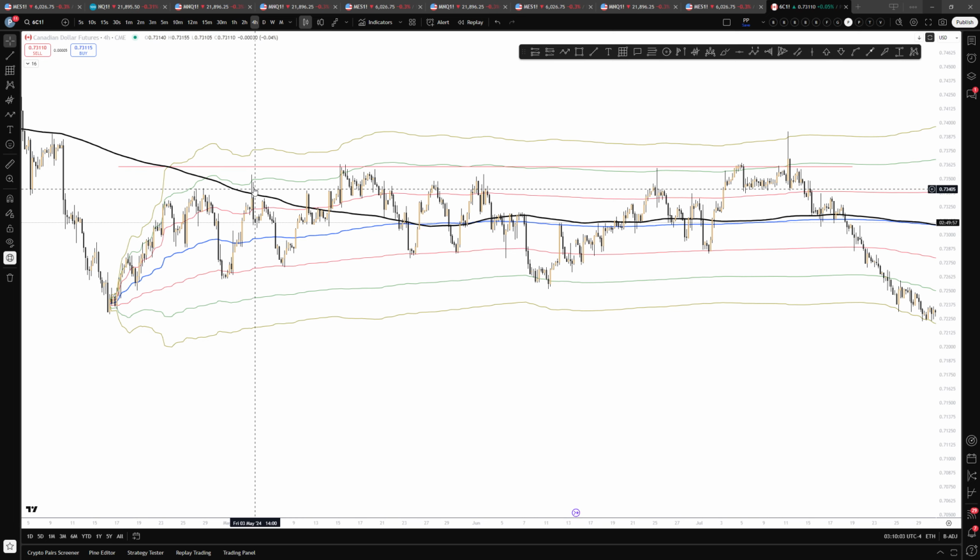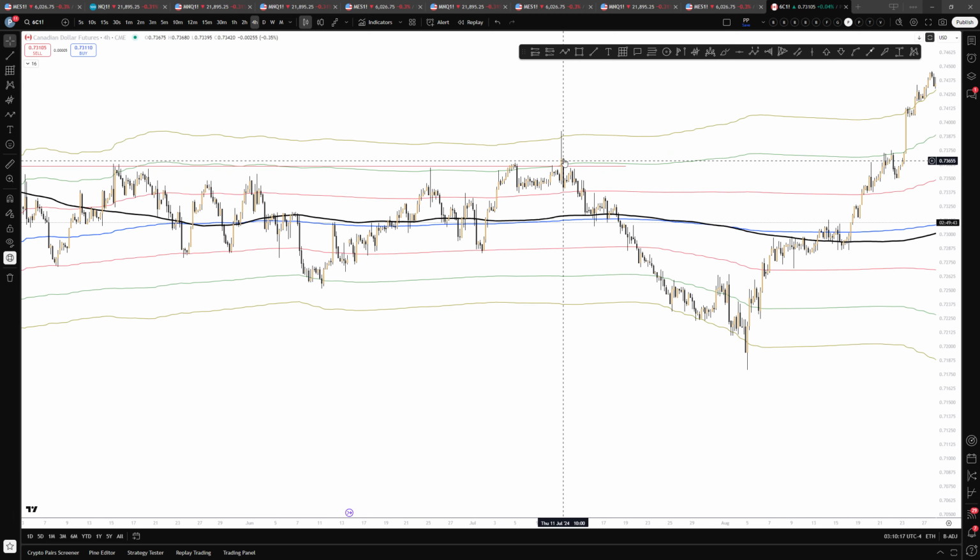And if we said we're only going to trade from the second standard deviations or the third, look what happens. We hit there, we go down. We hit there, we go down. We hit the bottom, we go up. We hit here, we go down. We don't get to the bottom one, so we ignore that. We get up here,